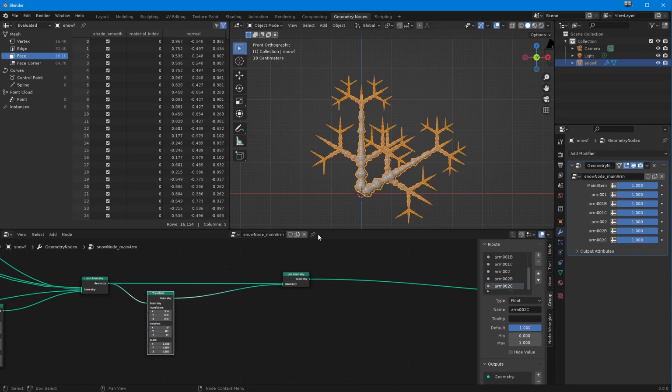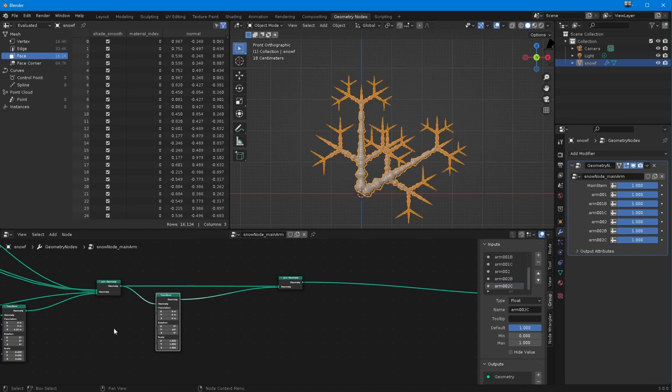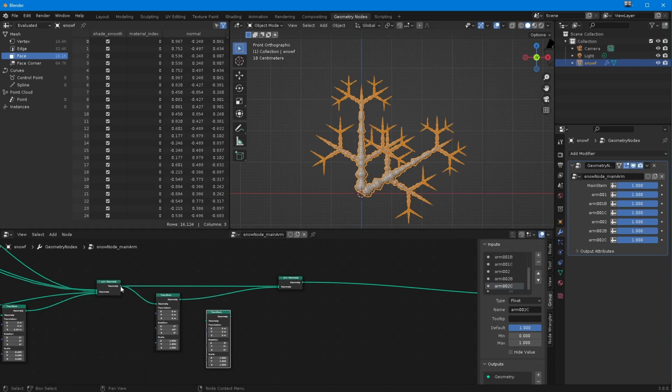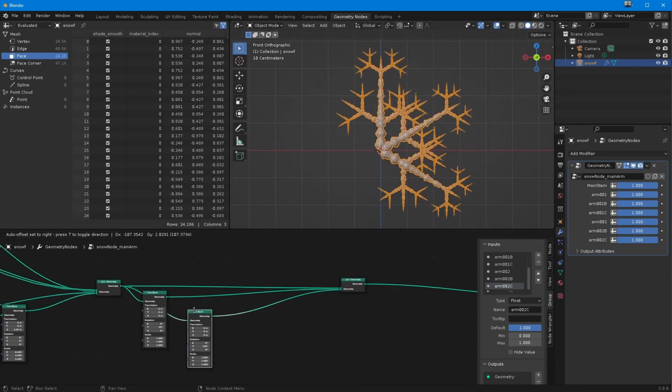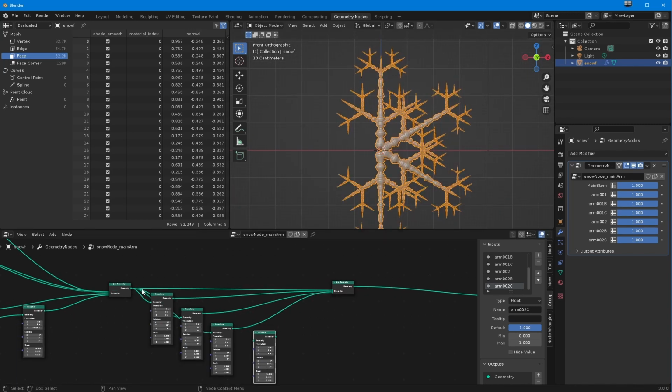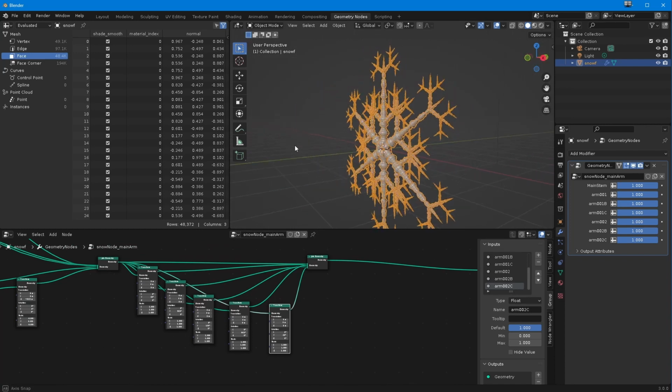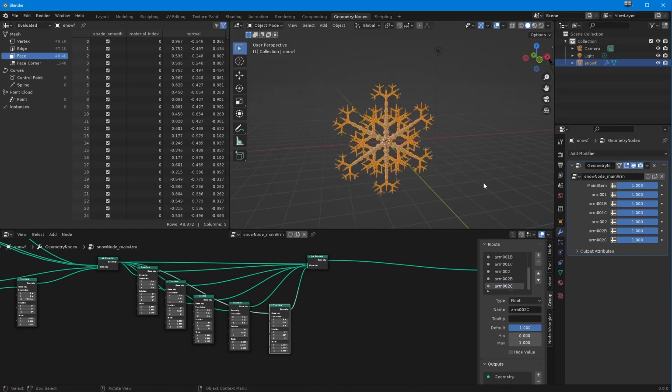Okay. Now you can see where things are crossing over now. We'll come back to that in a second. What we'll do now, I'll just very quickly add another geometry transform. I'm going to stick that into there. I'll put that into there. And I'm going to rotate this on the Y by 120. So now we've got 60, and of course now we can see we've pretty much got something which we can